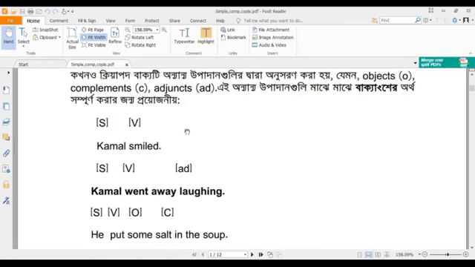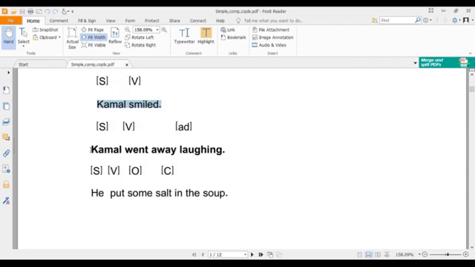Now look at the example. Kamal smiled. Here Kamal is a subject and the verb is smiled. It is a simple sentence. Besides, it is called a clause. Other sentence: Kamal went away laughing. Here Kamal is a subject, went away is a verb phrase, and laughing is an adjunct,